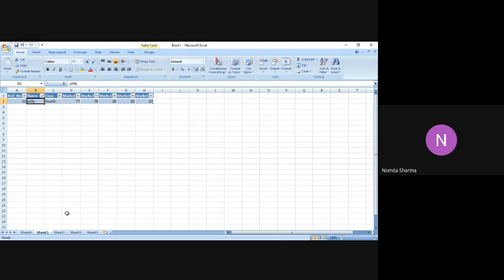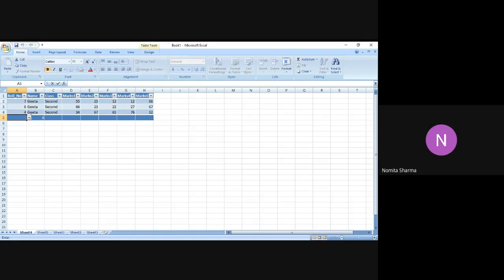And let me just go back to my original sheet over here. I can also select, I can do average of the roll number, but that won't make sense. I can count numbers. It will give me three numbers. I can count for this also. I can just say count. It will give me three further. In a similar manner, I can do count for all the columns which I have made. So it will give me the average marks.